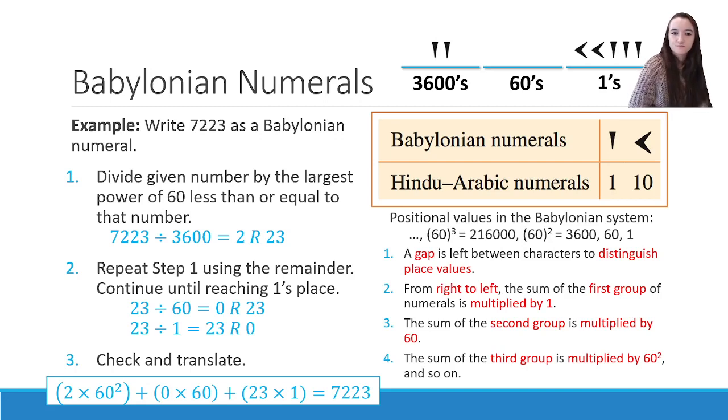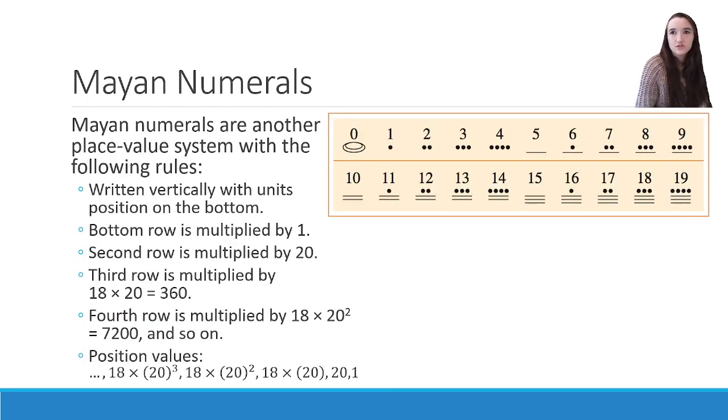And that's it. Now let's take a look at a little bit trickier type of system that's still positional value, but the position values are not as uniform. So the Mayan numerals, you can see there's a lot more numbers to remember or to study, but they are also written vertically, starting from the units place on the bottom, units being the ones place on the bottom, then the next row is